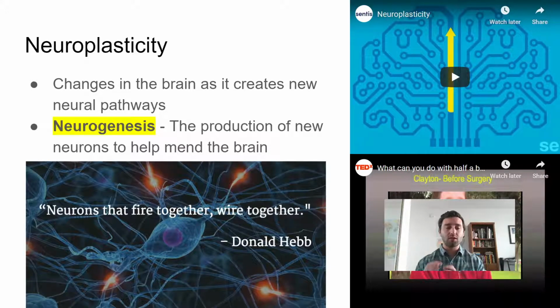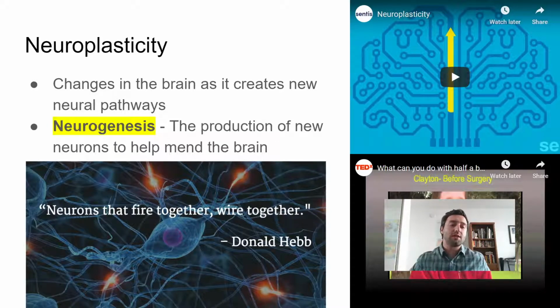The more likely they are to connect, the more connections they're going to make, and the easier it is to use that pathway later on. So the easier it is to use that pathway, the more likely we are to do that behavior. So neuroplasticity is really important when it comes to behaviors. It's really important when we talk later on about clinical psychology as a way to try and deal with different kinds of psychological issues. Sometimes it can be just if I force you to do this behavior over and over and over again, you'll stop doing this other behavior that's more negative.